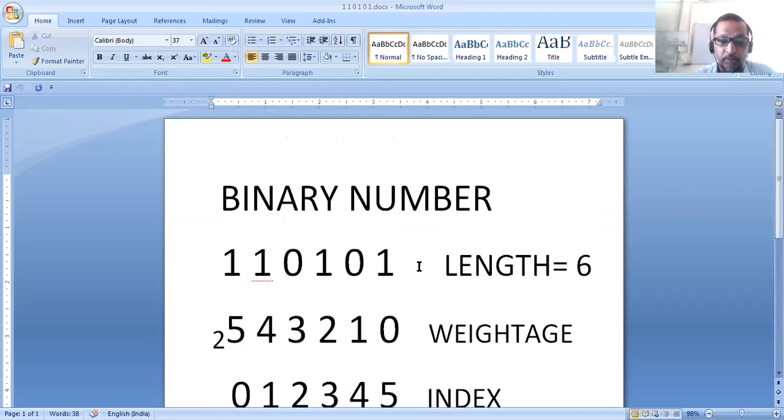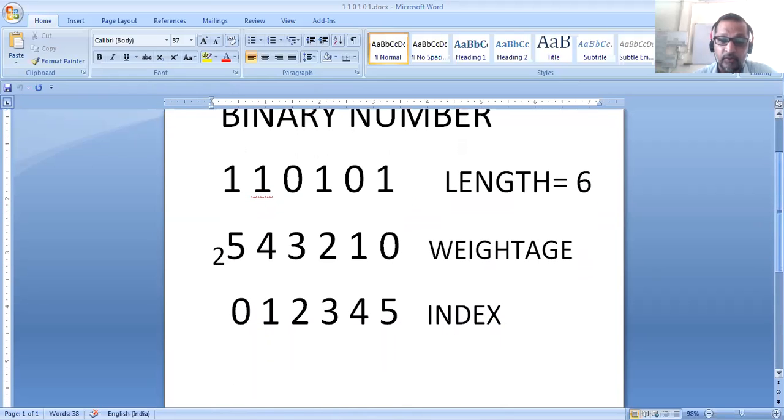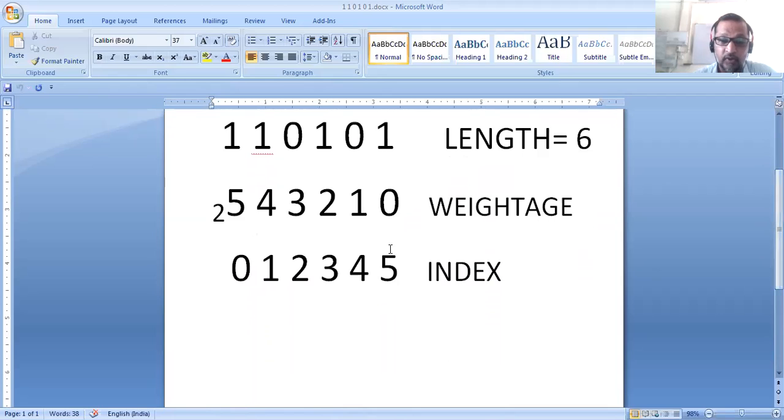First we input a binary number, then we take the length of it, and in a variable that will work like an index, we store the value length minus 1. After that we go in a loop, and in the loop index 5 has weightage 2 to the power 0, then we decrease the index and increase the weightage each time, and we repeat this until the value of I is greater than or equal to 0.